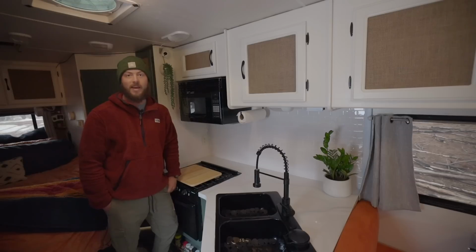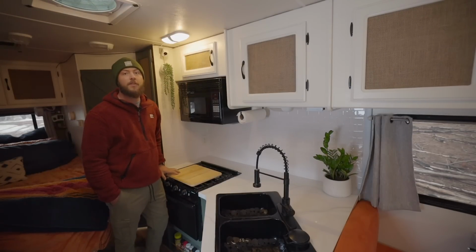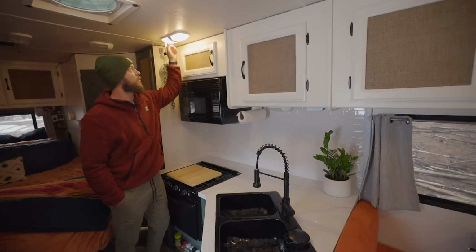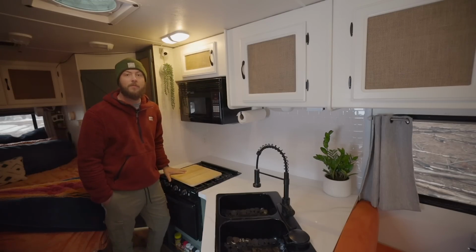So it's really great to have that. All of the lighting in the RV, we switched out to LED bulbs. We didn't have to change anything with the fixtures. It was just basically putting in a new bulb, and so they draw a lot less power, which is really helpful because any amount of power is drawing from our solar system, and so we have to really be conscious